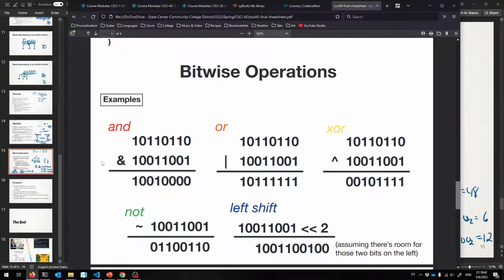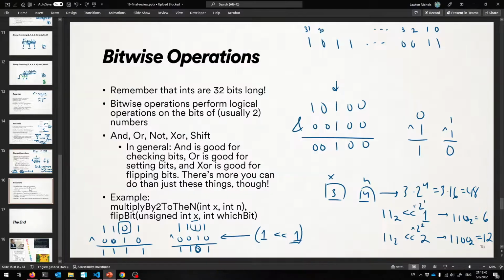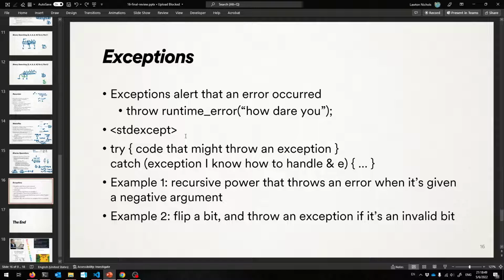Also study this. And then the final thing that I want to talk about is exceptions. So exceptions are for telling the user of maybe your library that something went wrong. You used my library incorrectly. Okay, so you throw exceptions, and somebody else, it's their job to catch them. Okay, so you throw like a runtime error, and runtime errors take a parameter that is a string describing what went wrong. Okay, and those live in standard except,